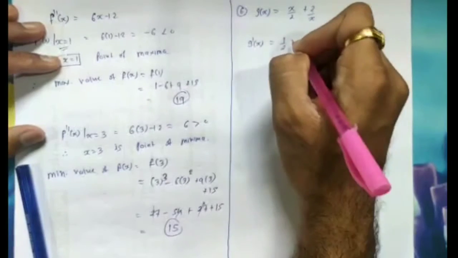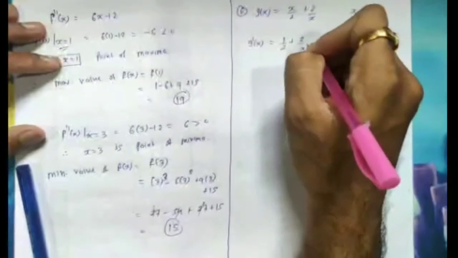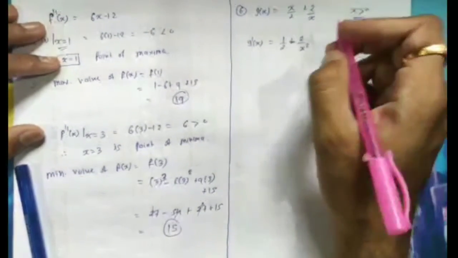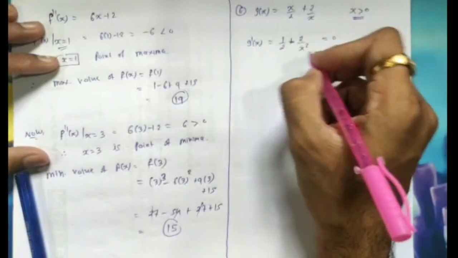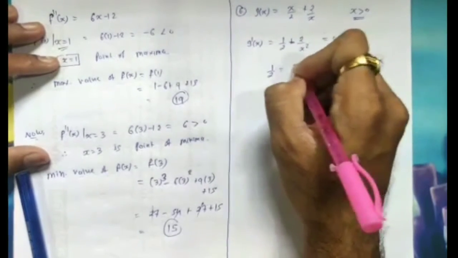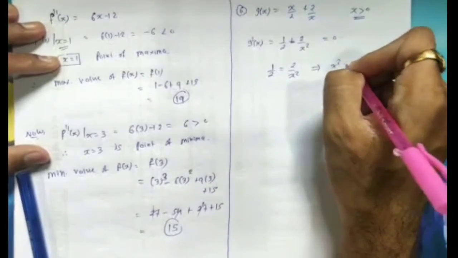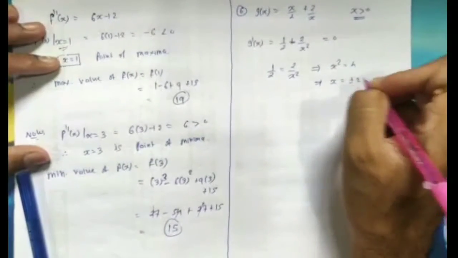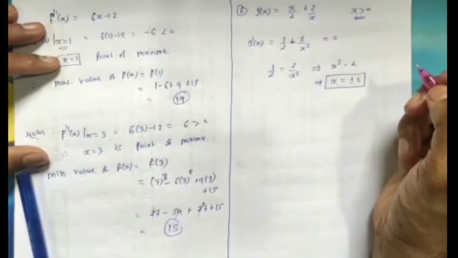Now, first step, find the first order derivative of the given function, g dash x. So it's 1 by 2 minus 2 upon x square. So this is the first order derivative. Compare this with 0. So we are getting 1 by 2 equal to 2 by x square, which implies, by cross multiplication, x square equal to 4. And therefore we are getting x equal to plus or minus 2. So the two values of x, minus 2 and plus 2, are the critical points.